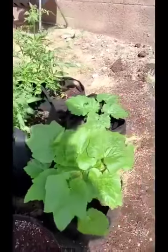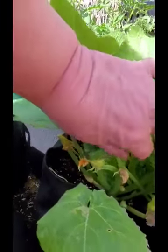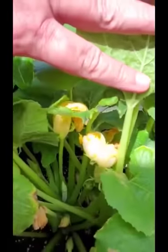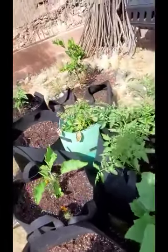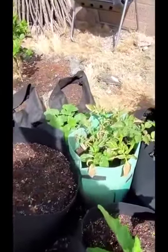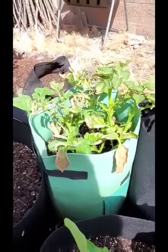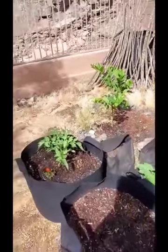I wanted to move some of the leaves today to show you that underneath where the flowers were, you can begin to see a baby squash starting to grow. Let me see if I can move this leaf. You can just barely see it. The next time we visit, I bet it will be bigger and you'll be able to see it better. There's the tomato. And I told you we were going to give our potato extra water, and it's starting to feel better. There's less brown on the leaves and the stems are very strong. So the garden is doing well,